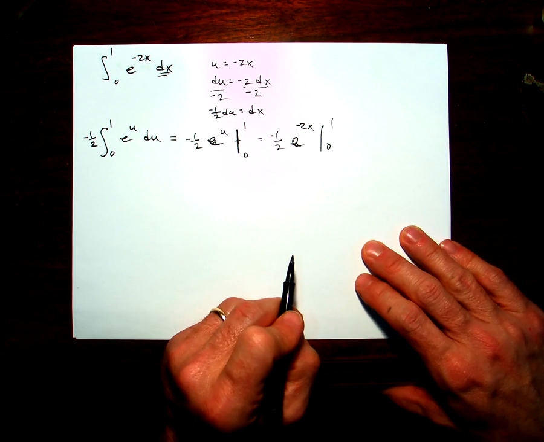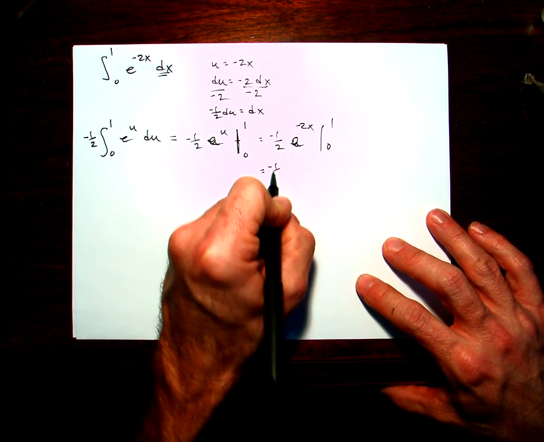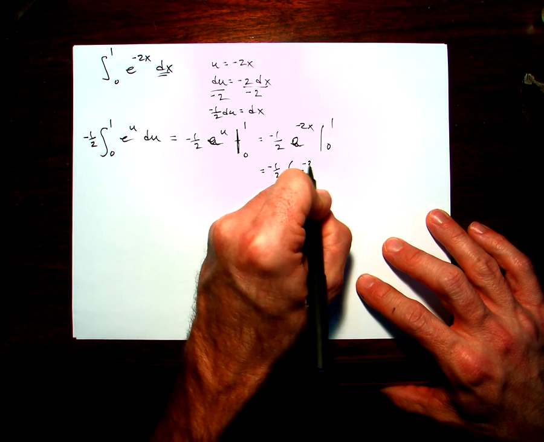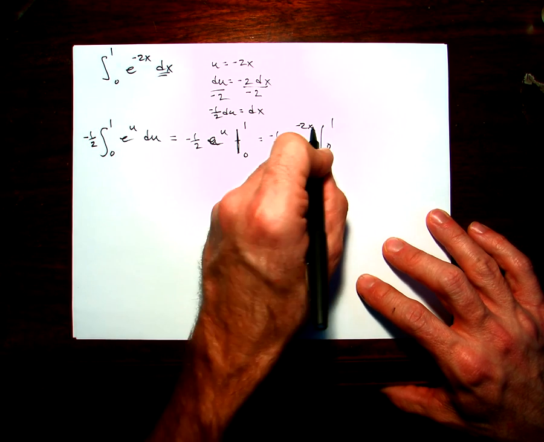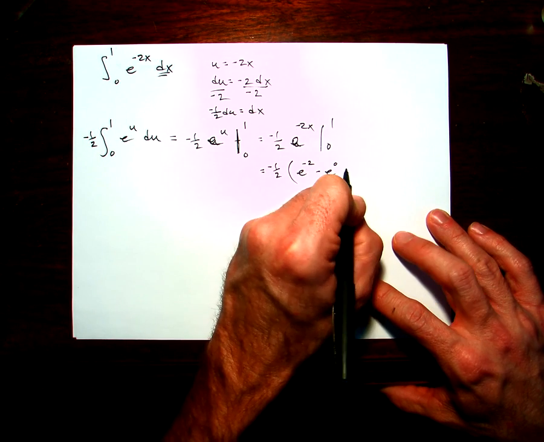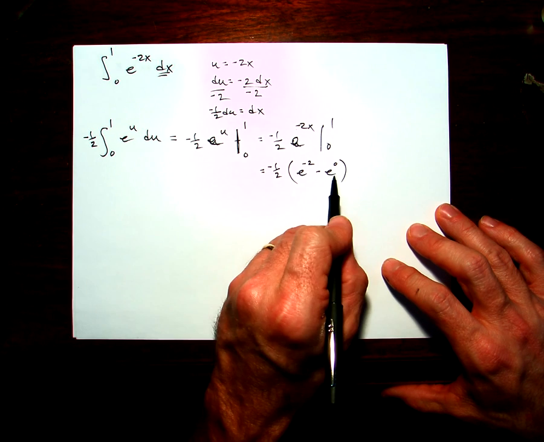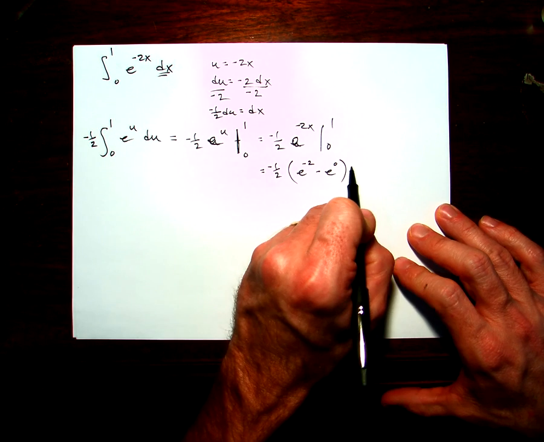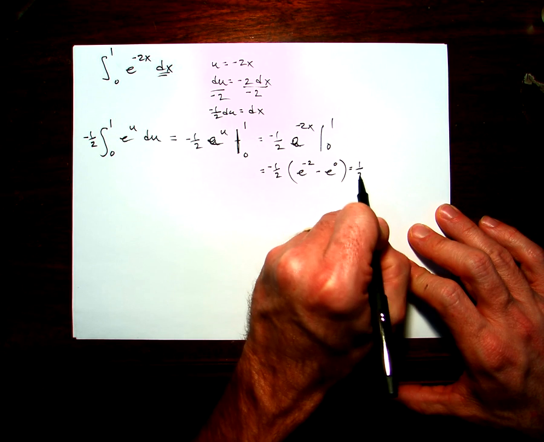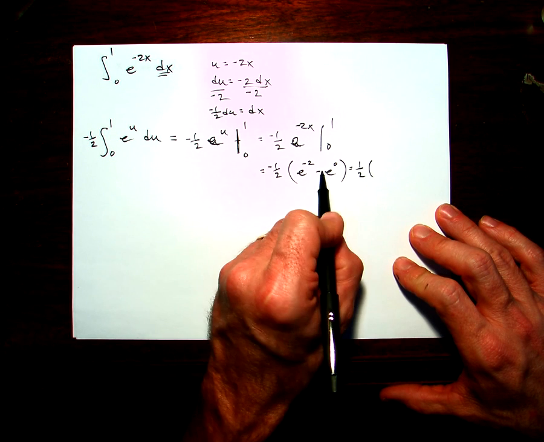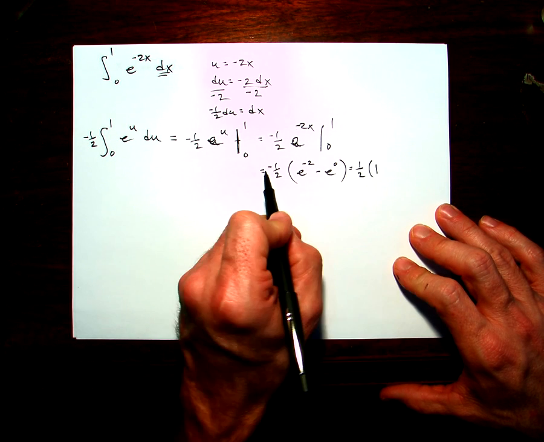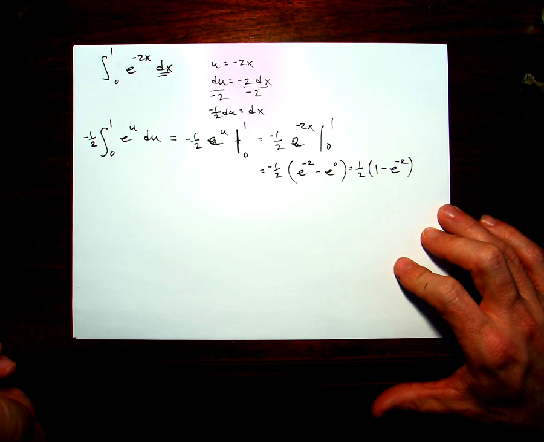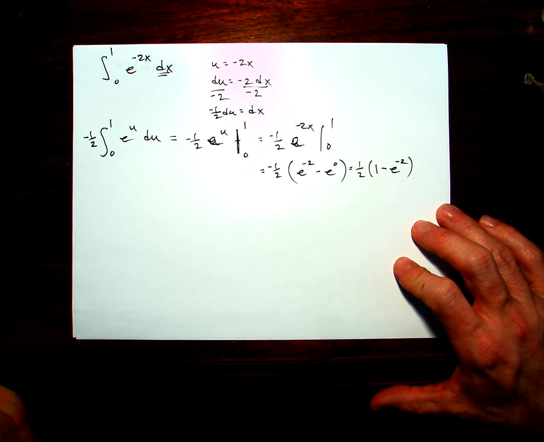And we'll do that substitution. So that's going to be negative 1/2. I'm going to put in 1, so that's e to the negative 2 minus e to the 0. Well, e to the 0 is 1. And if I bring this negative in, it changes the sign of both of these. So that's going to be 1/2, and then that negative times that negative is going to be positive 1, and then minus e to the negative 2. All right. So what do